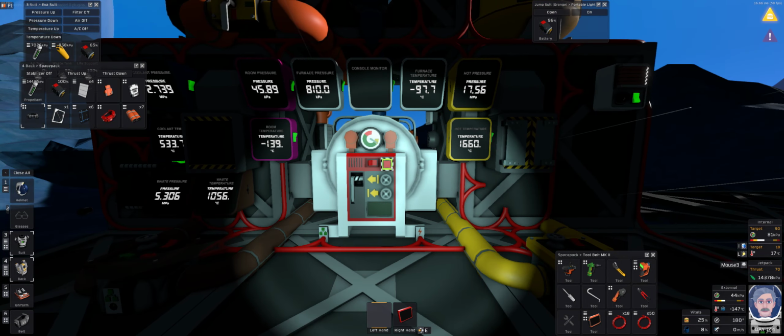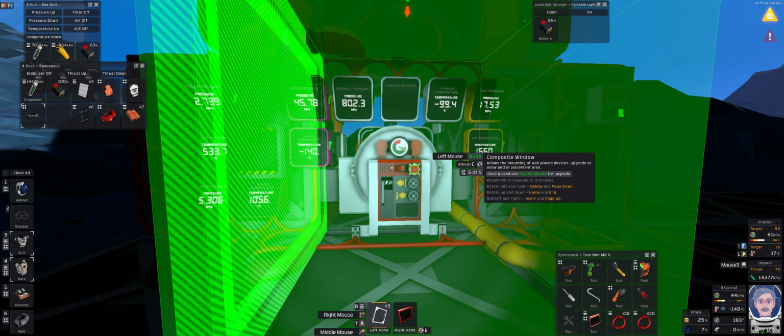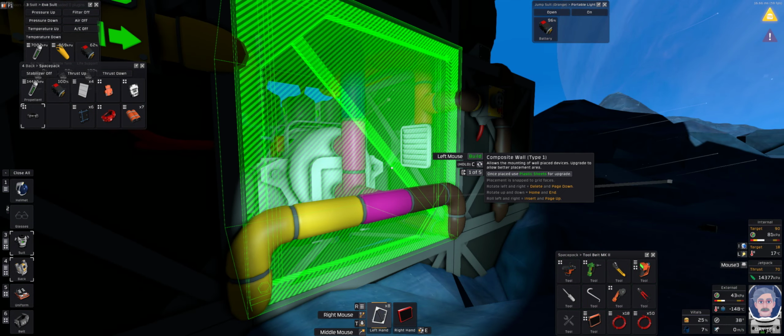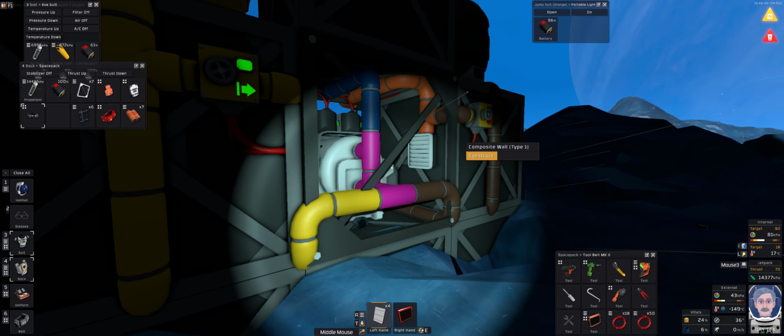So, in my initial testing, it looks like having the furnace in its room like this is incredibly, what's the word I'm looking for? It insulates stuff a lot. I was actually surprised at how effective it was. So right now the room, obviously the